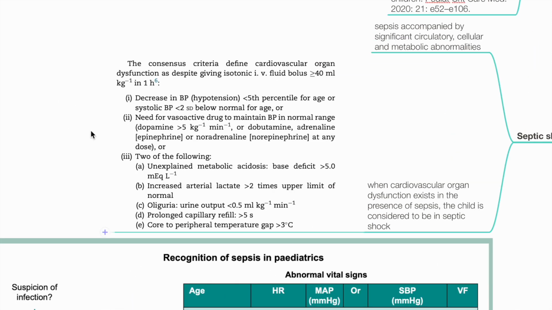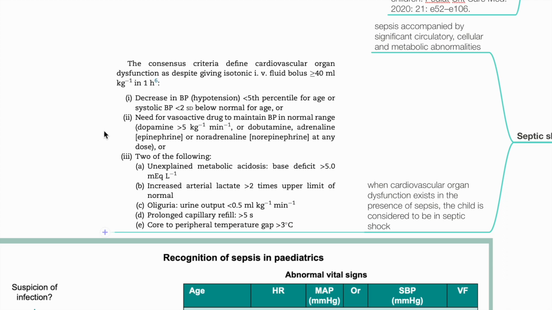Consensus criteria define cardiovascular organ dysfunction as, despite giving isotonic IV fluid boluses of 40 ml per kg or more in 1 hour, the presence of decrease in BP less than 5th percentile for age, or systolic BP less than 2 standard deviations below normal for age, or need for vasoactive drug to maintain BP in normal range, or 2